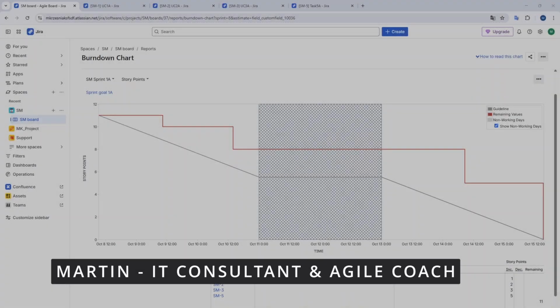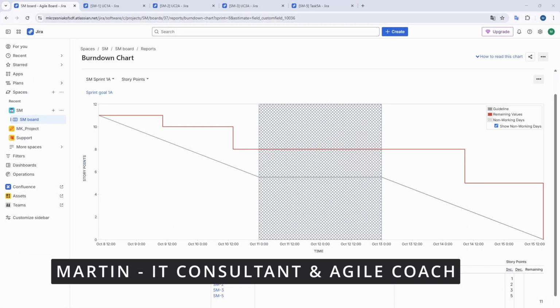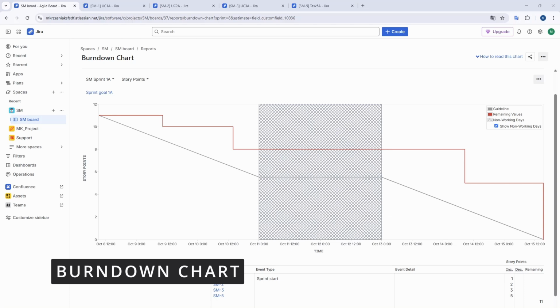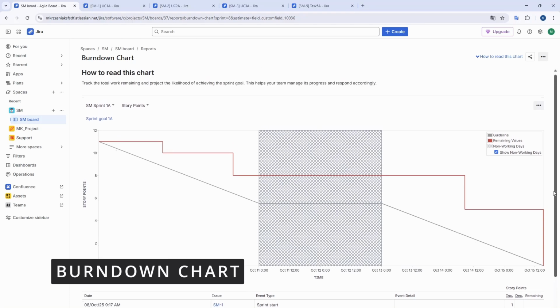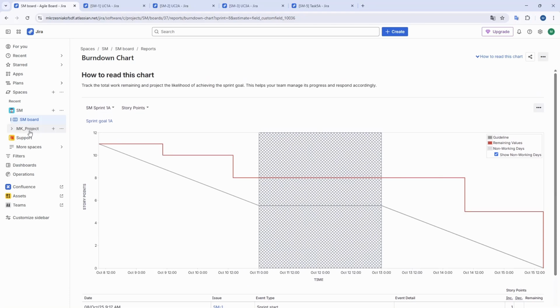Hello guys, today we are going to talk about Burndown Chart, the most commonly used chart in Scrum. A Burndown Chart shows how the team is completing work over time, how much work has already been done, and how much is still remaining. It helps you easily track sprint progress and quickly see whether the team is on track to finish all planned